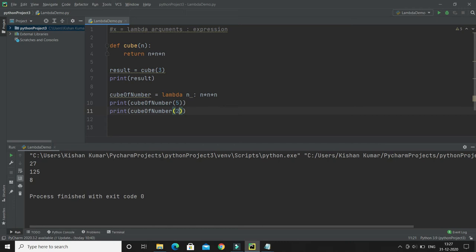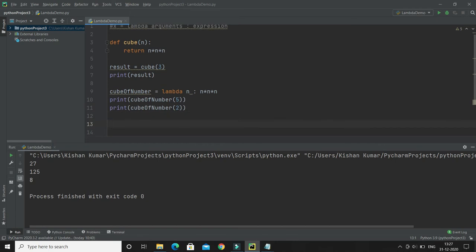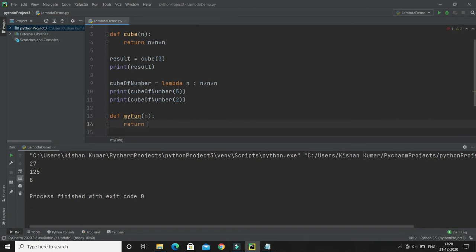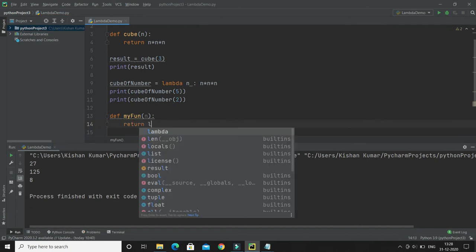Let's assume we have a function definition that takes one argument, and that argument will be multiplied with an unknown number. So here I'm just going to show you what's the power of lambda basically. I'm going to write one function, and inside that function I'm going to show you how we can take advantage of using lambda. So I will write my function, and this takes one number as an argument, and it is going to return some value in the form of lambda.